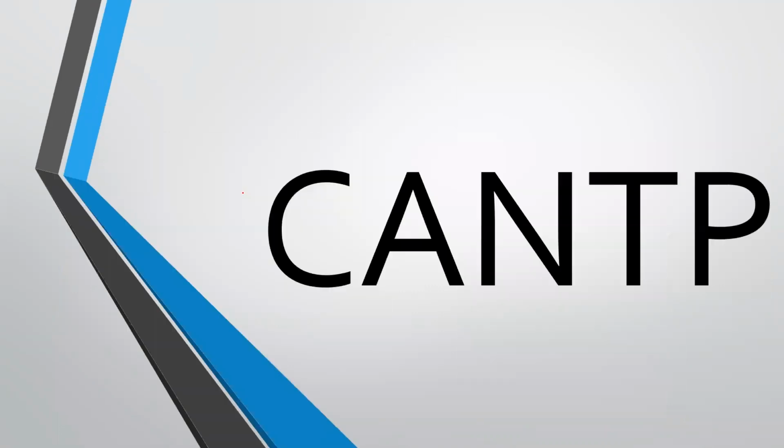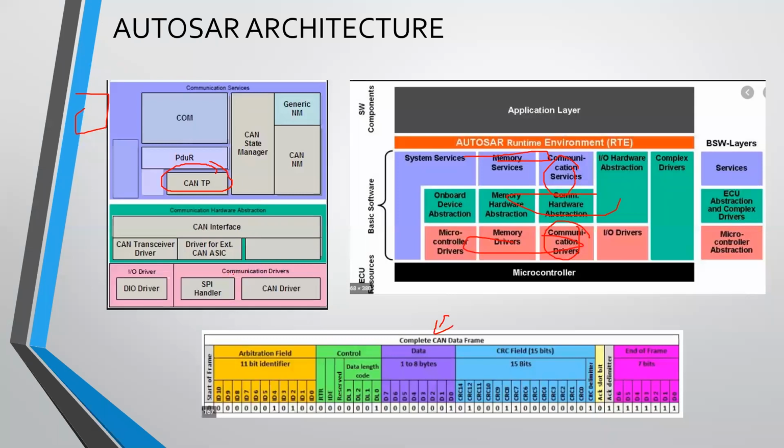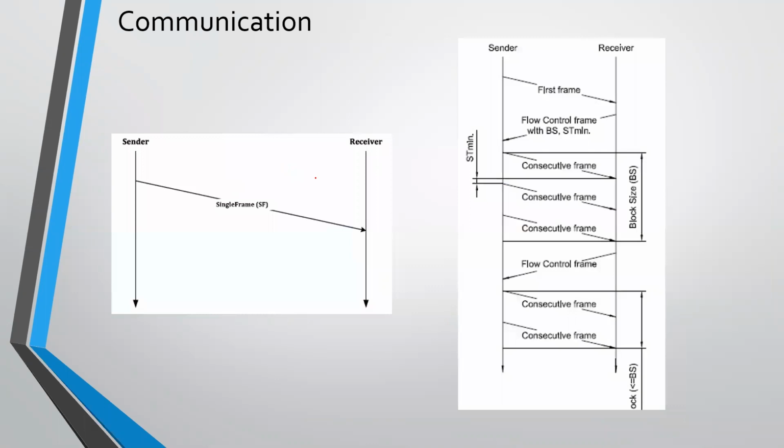Let's see how this is done. One more thing: whenever you are coding for the CAN driver, if for one of the CAN message IDs you have configured it for the CAN TP, it will go through this path only. Even if it is less than 8 bytes of data, it will go via CAN TP if you have configured that CAN message ID. So whether you need more than 8 bytes or less than 8 bytes of data, it will pass through this software component only.